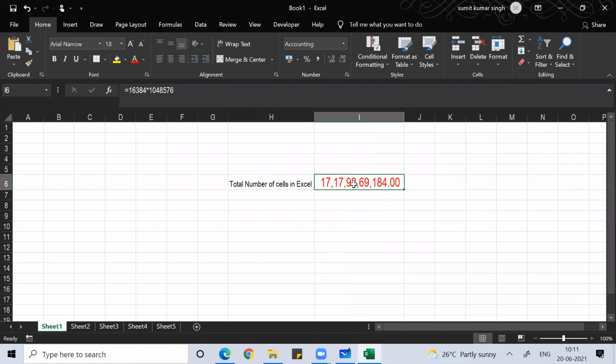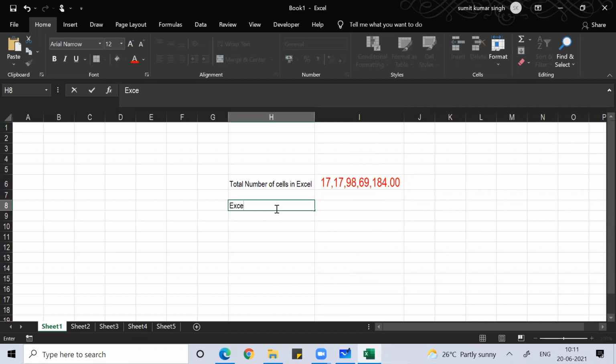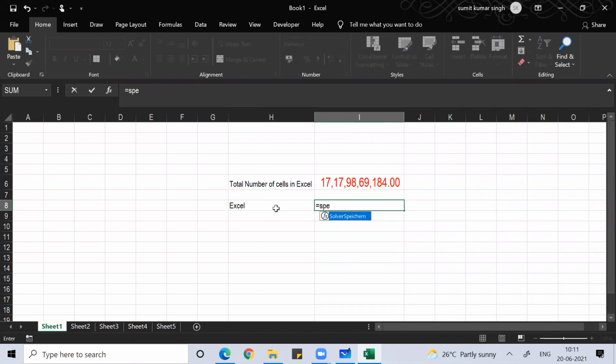How can I pronounce this? I have no idea. I'm very weak with maths. So I'll ask Excel, can you pronounce this? What is written here? In Excel, as such, there's no function which can convert a number into text.